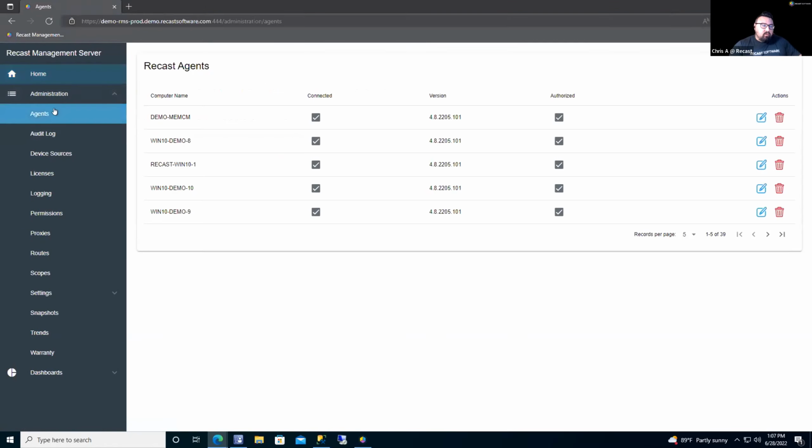And so we'll get right into our agents tab here. And this is where you can view the Recast agent installations in your environment. And from this view, you can approve and delete those agents. Now, they do have to be approved in order for them to be used. The Recast agent allows for additional features to be used